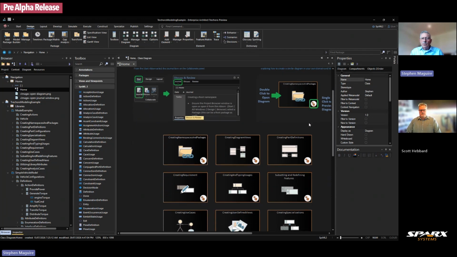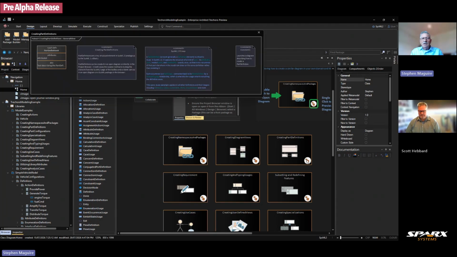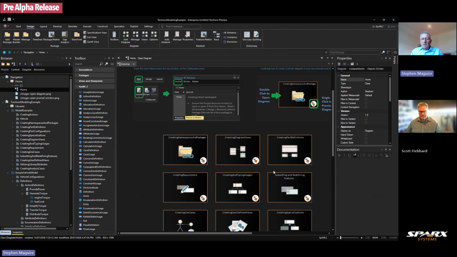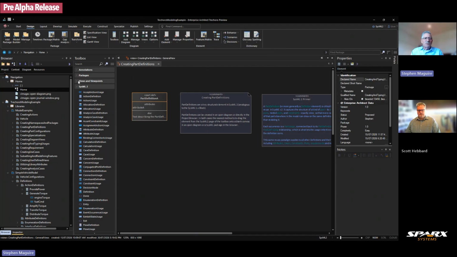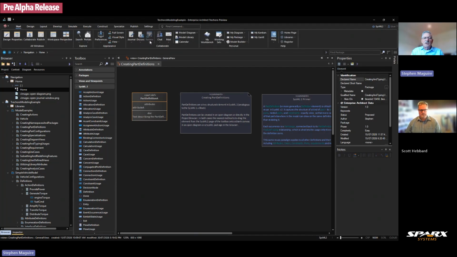So for example, creating part definitions, what I can do is simply click on this little navigation cell. This is like a button that I can click on. I can preview it from the bottom right-hand corner icon there, and it shows me a diagram of what will come up when I open that. So let me just open that diagram. It's quite a simple one, and now let me go to the start ribbon, the collaboration panel, and this journal